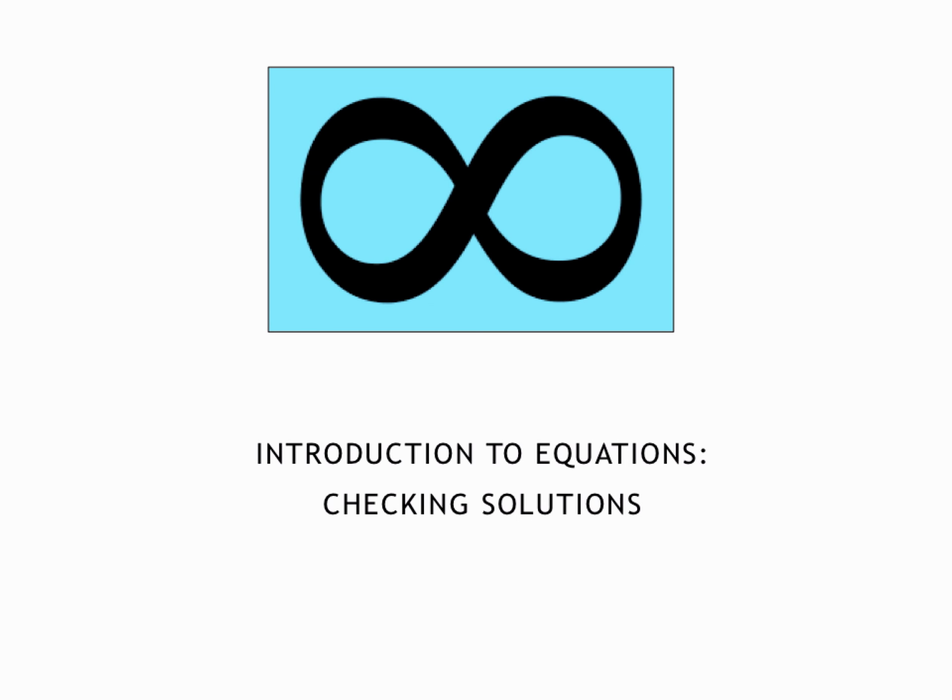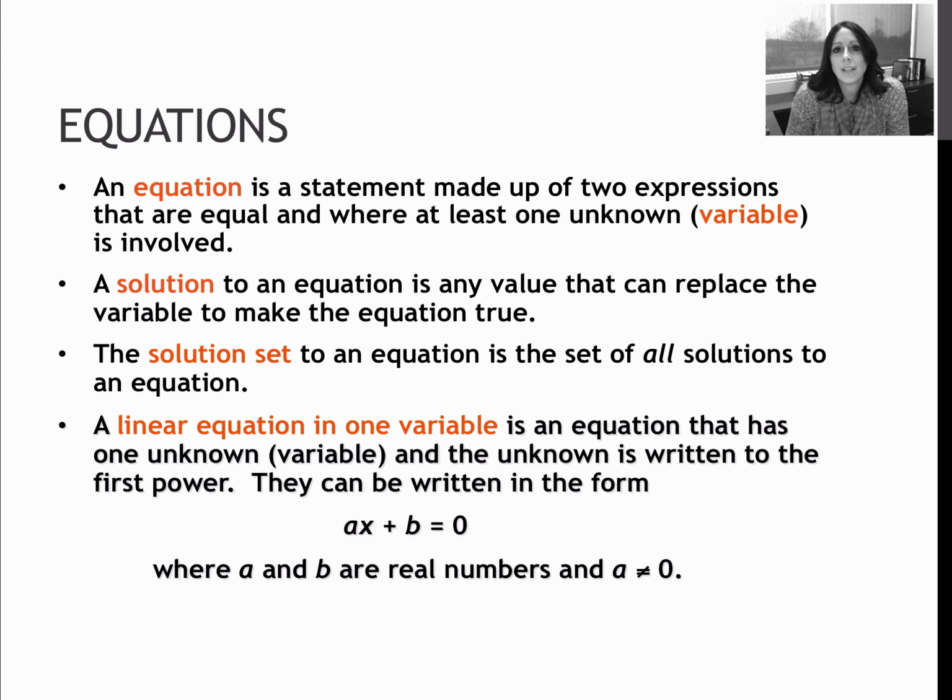This lesson is on checking solutions to linear equations. An equation is an expression that contains an equal sign, which is why we call it an equation. The two sides of our equation are equal to each other, and typically there's also some sort of variable involved. Sometimes there's more than one variable, but you should have at least one variable in order for it to be